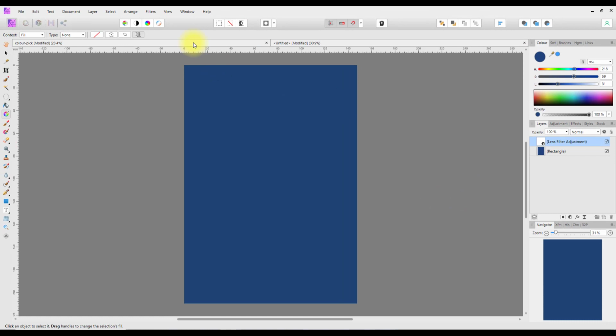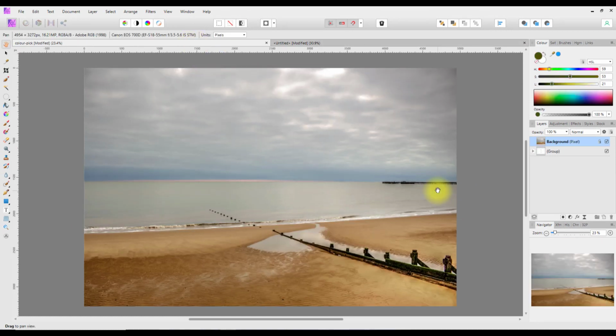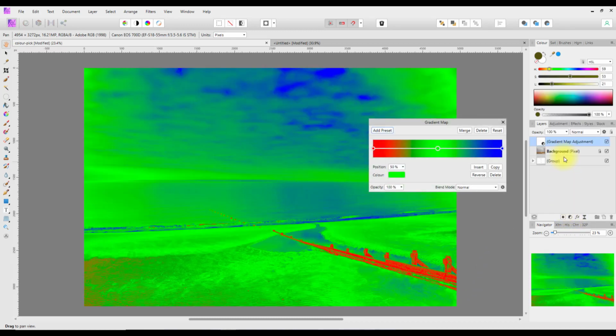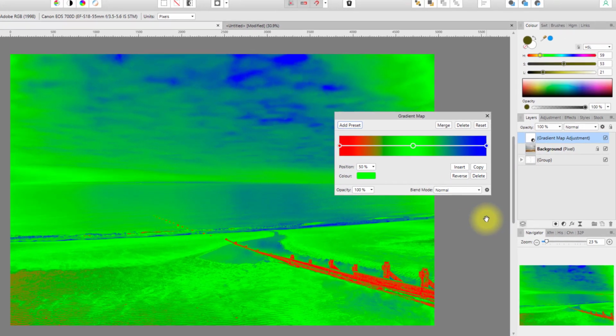So let's have a look at a more practical use, and we're going to use this picture that I took of where I live, and I'm going to add a gradient map, and we're going to make a very basic sepia. So I'm going to select this end node here,